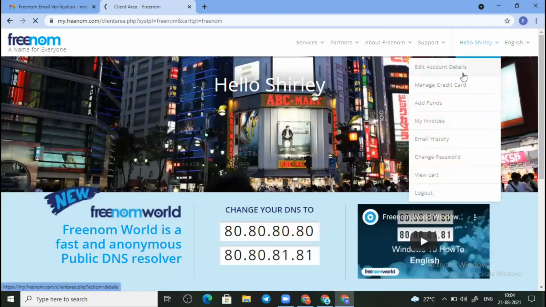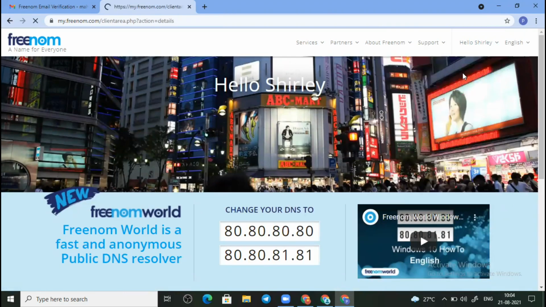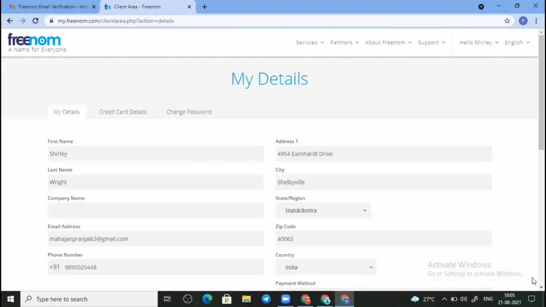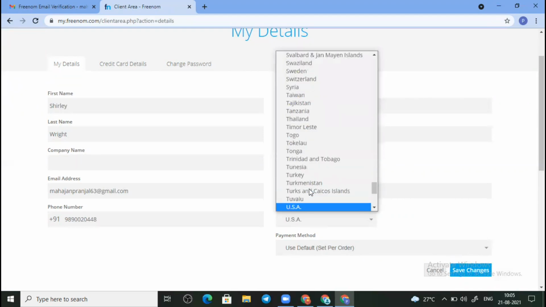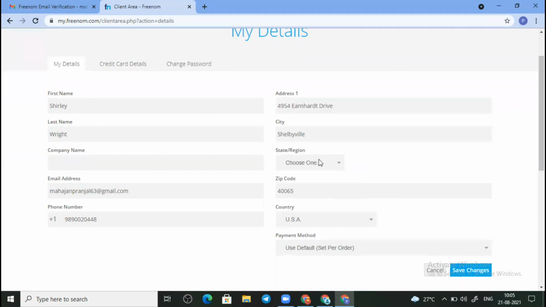And then just click on the name which you have written in your, and then click on edit account details. I've written the domain name there because I copy paste all the things out there. Just have changed the state, zip code and number. So now just change the state and country to US and the dummy address state, and also change the number, phone number.